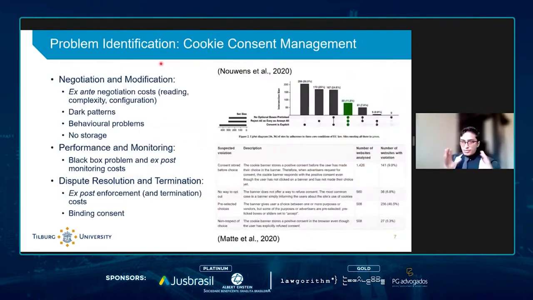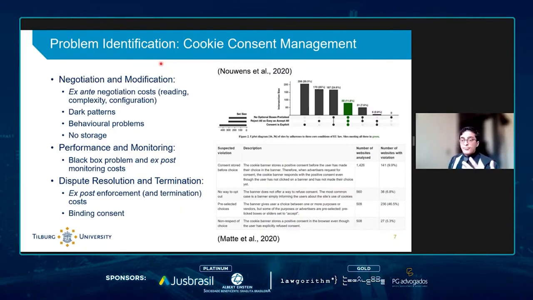So just the model that I mentioned earlier, the broader model of problems users face in interacting with the transaction on privacy across its life cycle, we apply as much of that model here as it fits into the context, and we further conduct some analysis to identify particular problems unique to this context. And to put it into the same scenario, when Jane Doe first arrives on the Proton News website, she faces the cookie consent manager, the banner that comes up in front of her, and she at that point has to take the steps, the negotiation and formation steps.